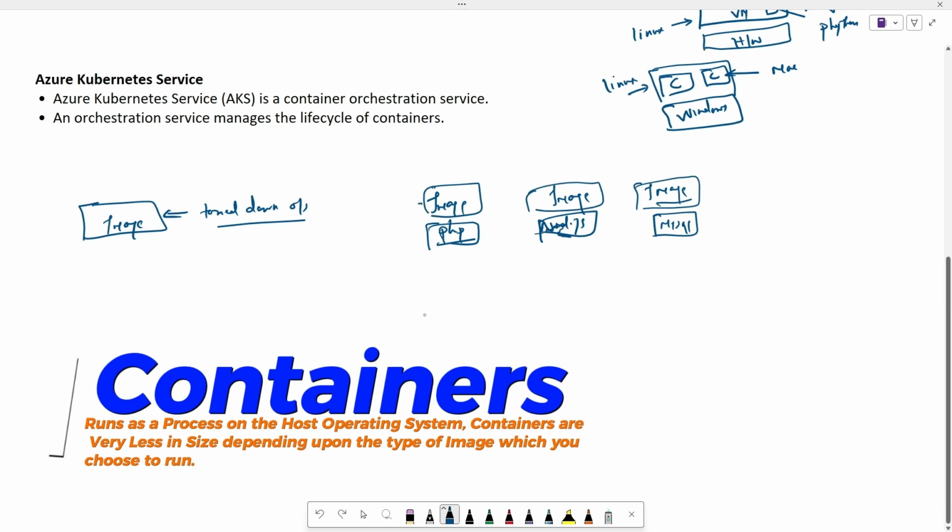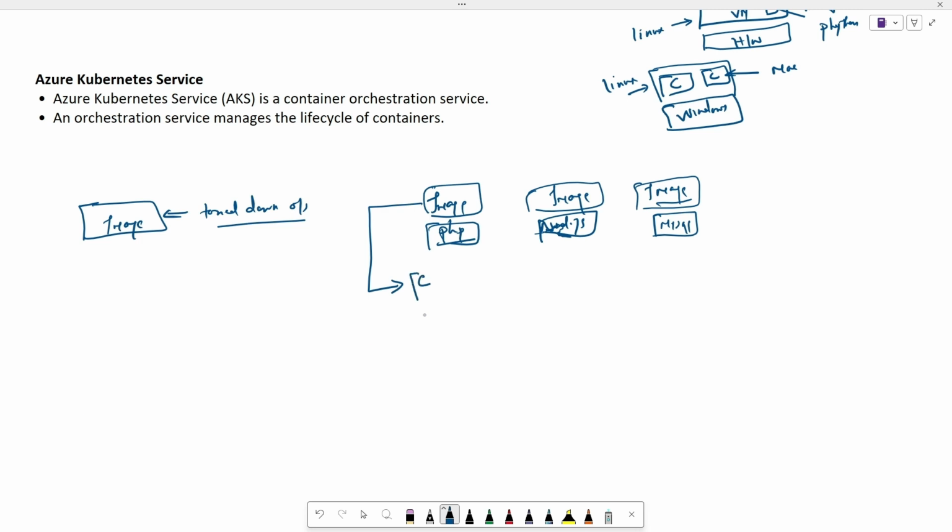So now we understood we have the image. Using this image, we are able to run the container, and this particular container we are able to run on a virtual machine. There can be multiple containers which we can run on the virtual machine. To run the container on a virtual machine or bare metal server, we need to just issue the command docker run